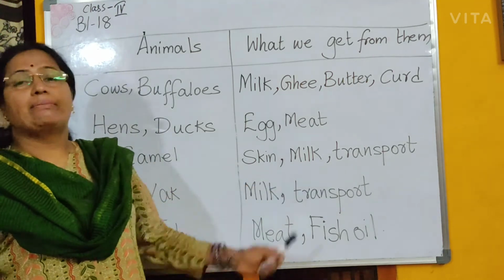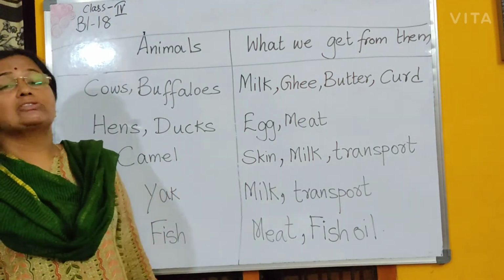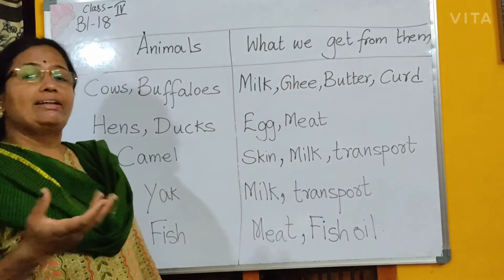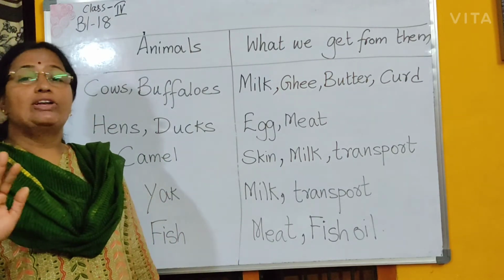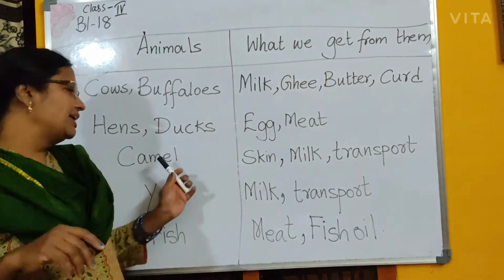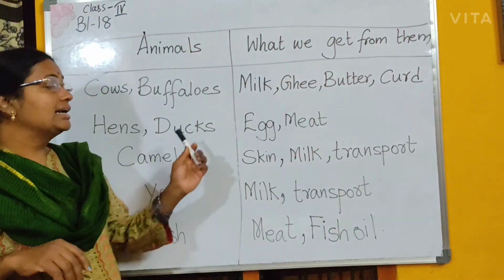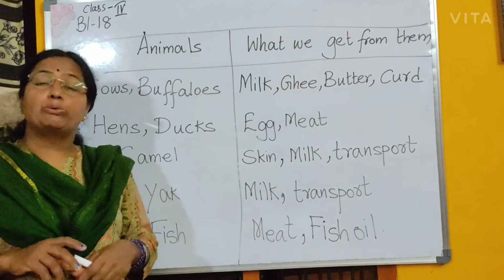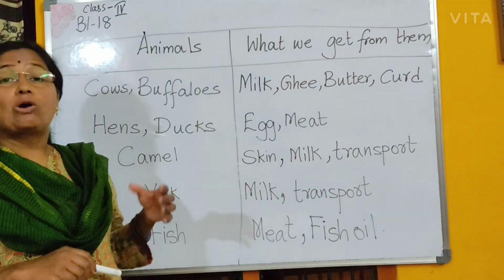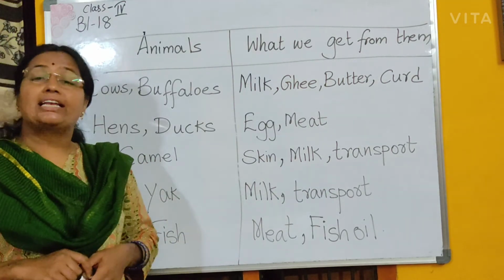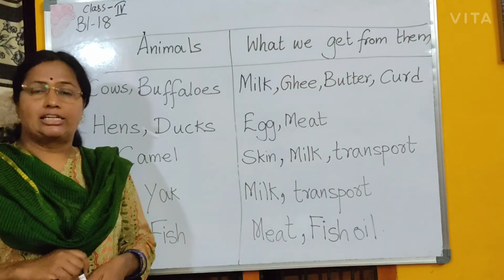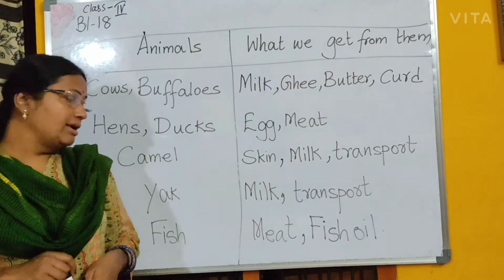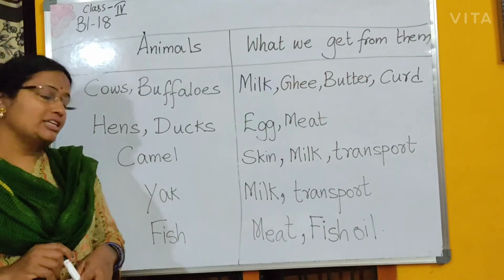The milk of camel is used because cows and buffaloes are available in our locality. We are drinking cows and buffaloes milk. But in deserts, we don't find cows and buffaloes. So people drink the milk of camel. And camel is also used for transport in the desert because of its long legs. Because it can live without water for many days, camel is used as the transport in the desert. Right? So camel is called the ship of the desert.